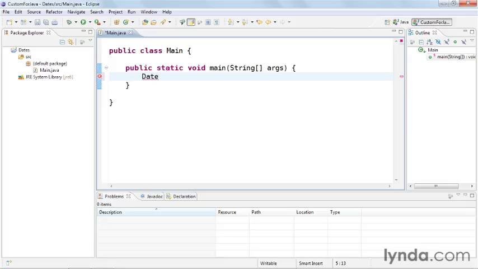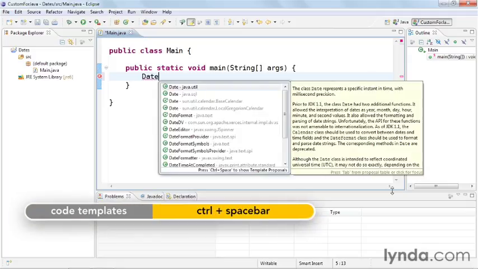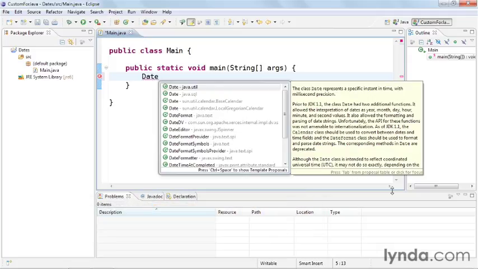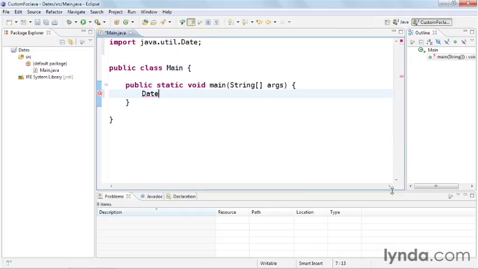Eclipse will help you with the syntax. With the cursor right after the word date, press Control Space. You'll see 4 different date classes offered. The one we want is at the top, java.util. There are other date classes for java.sql and others for sun.util. I'll press Enter or Return, and that adds the import statement for that date class into my code at the